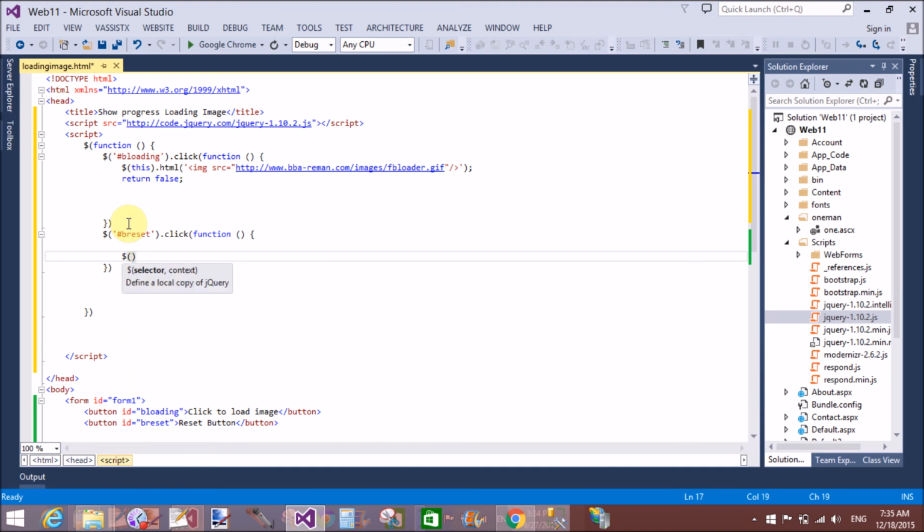So first of all, get the id property of bloading by using hash bloading dot html. I want to pass click to set loading. Okay, that is the message which is shown on the button when we click on the reset button.